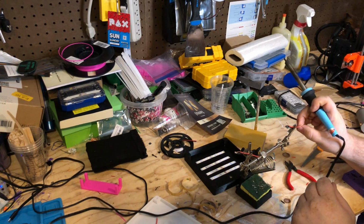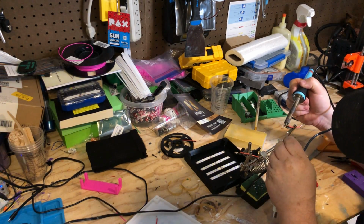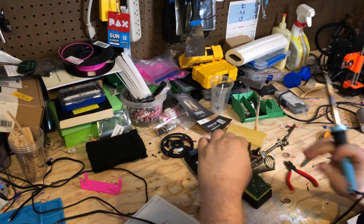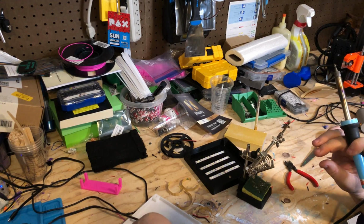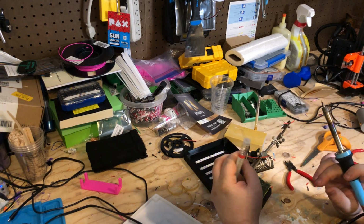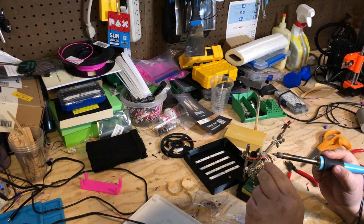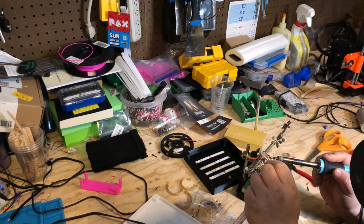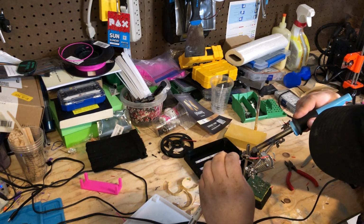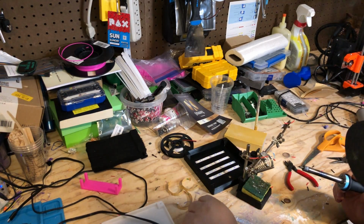And I'm tinning these, I'm putting solder on the ends of these wires just so they're easier to solder when you go to put them on the different connecting points. Because you always want to do that. It saves time, creates a better solder joint. But there's nothing worse than a crappy or cold solder joint. Well, I'm sure there's worse things, but when dealing with the electronics of this thing, there's nothing worse. Because it can lead to it actually dissipating the energy into heat, and if the solder heats back up and it loosens, and it just becomes a big